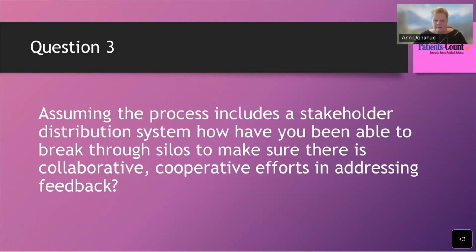The second part to make it valuable is the kinds of things that we're talking about today: how do you manage that feedback to get results, to get measurable, sustainable, actionable things that you can use to improve your organization or your services or whatever the specific data that you're collecting tells you. You have to know how to manage that.